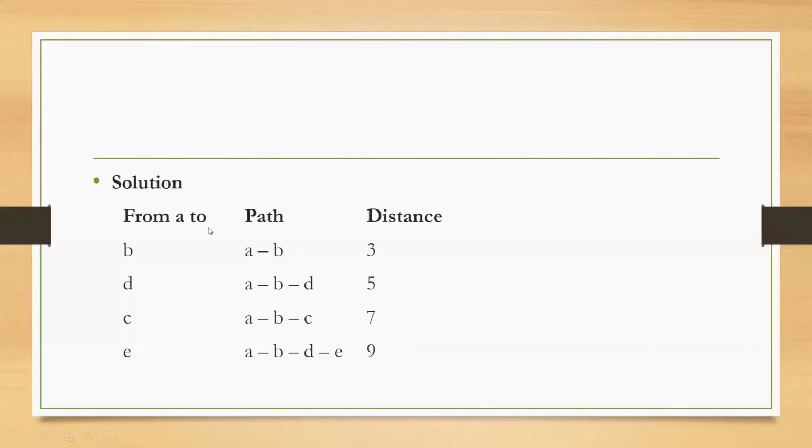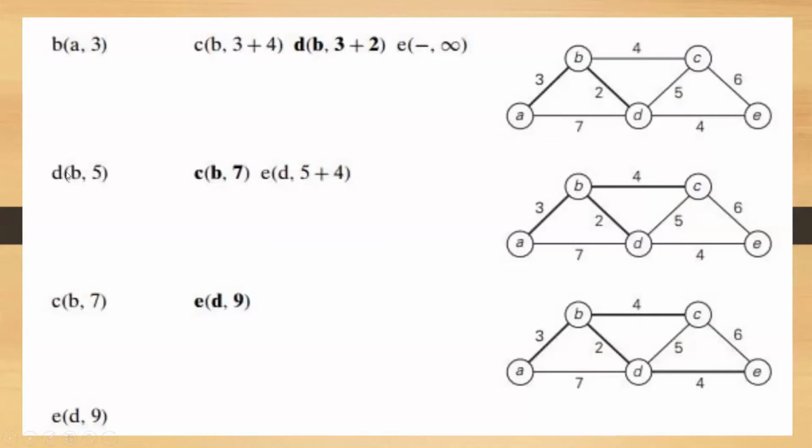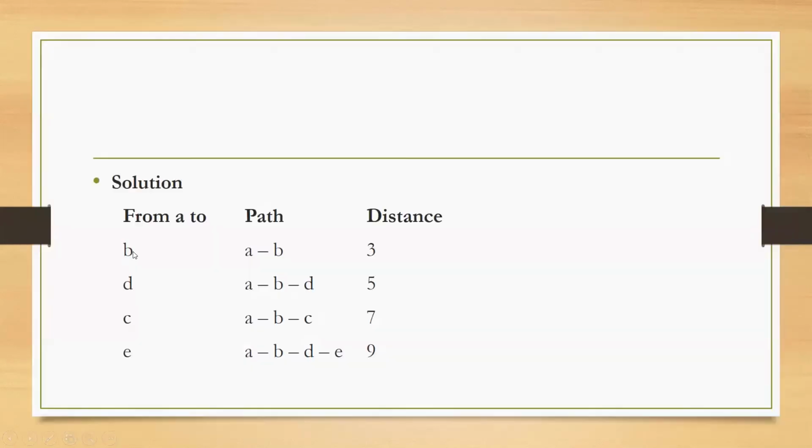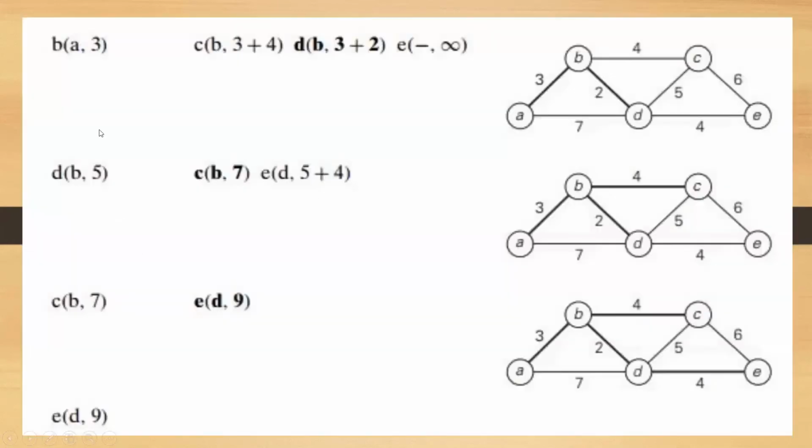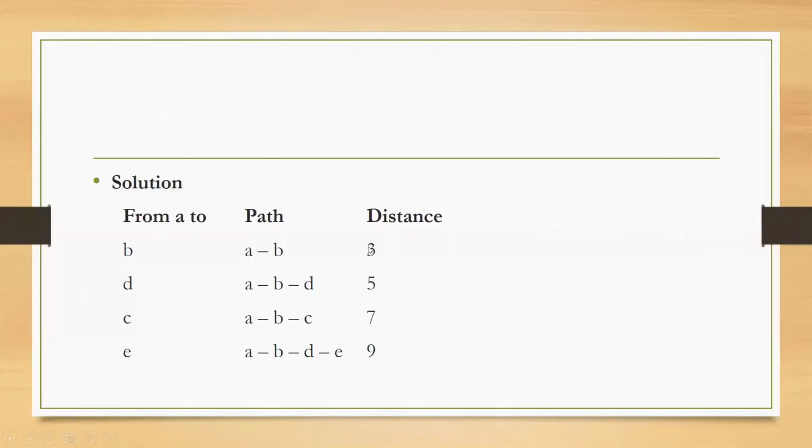The solution contains 3 columns. You have to write like this. So starting vertex from A, all the remaining vertices B, D, C, and E, in the same order in which we got the output. So we have to write starting from A to B. What path do we follow? B is reachable via A itself, so it's a direct connection from A to B. So the path is A to B, and what is the total distance?